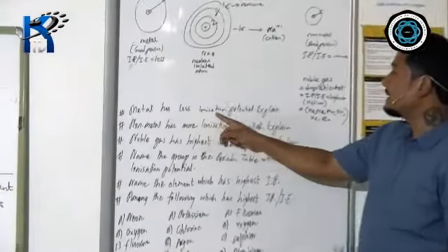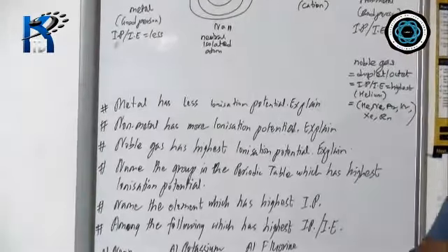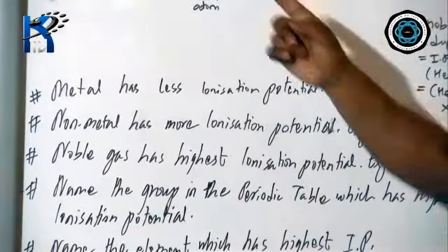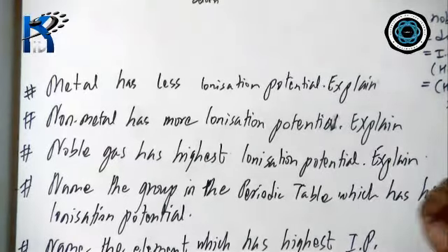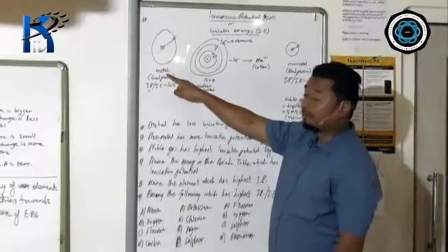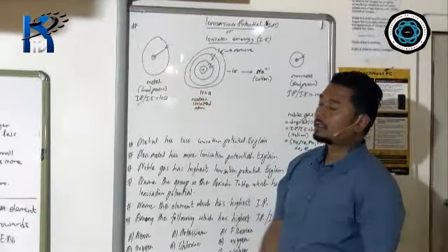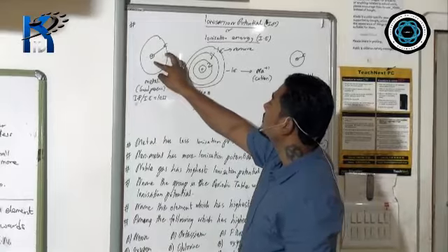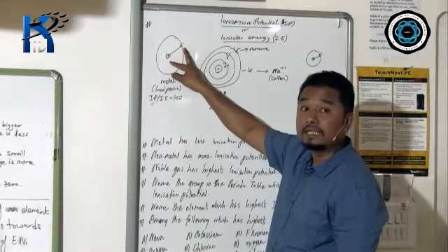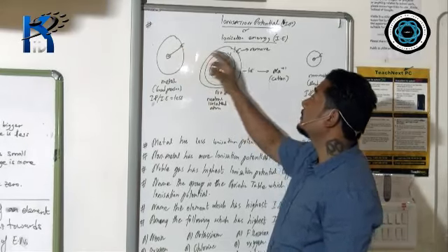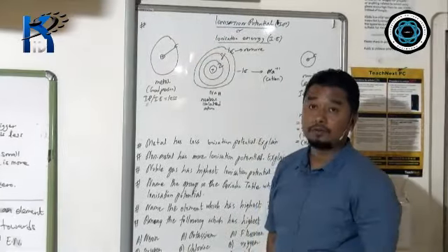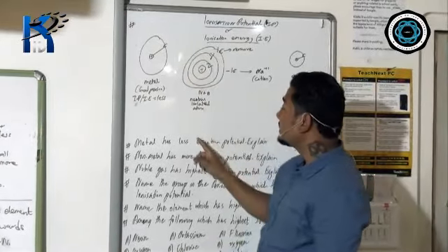Metal has less ionization potential, explain. Suppose this reasoning question comes, how to handle it? Don't mug up, take the help of the picture. It becomes very easy for you to understand. Metal has less IP. Metal has larger atomic size, due to which the distance between the nucleus and the outermost electron is more. As a result, the force of attraction between them is less. So less energy will be required to remove an electron from the outermost shell of a metal. Less energy required means less IP.